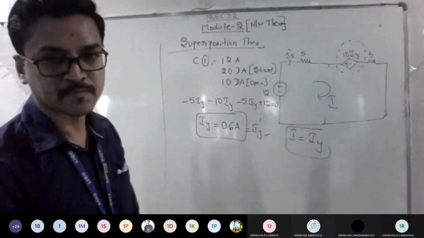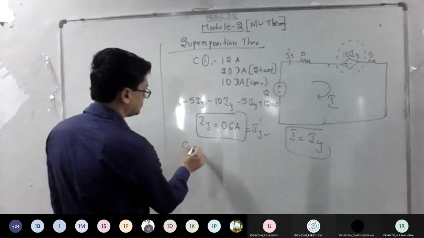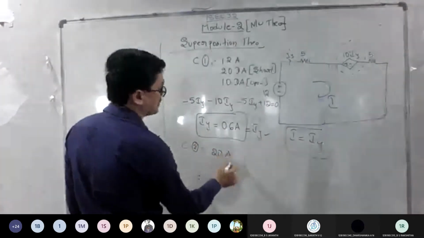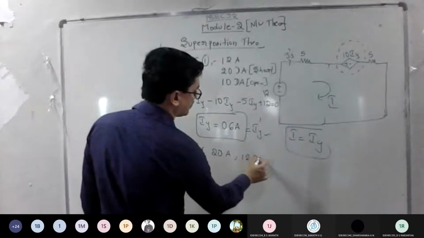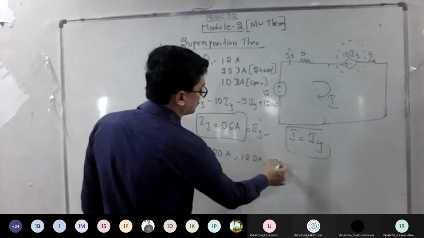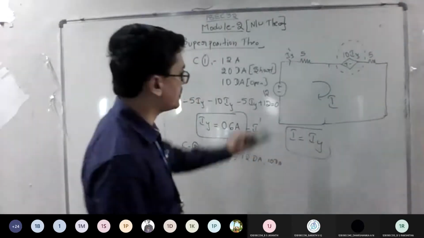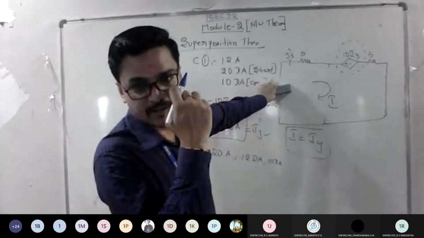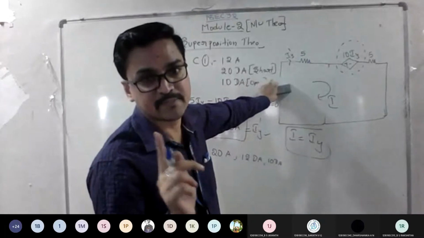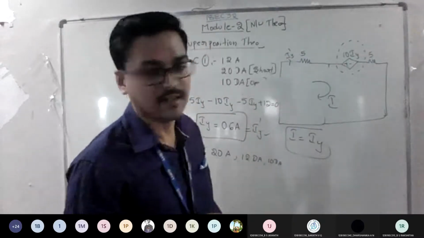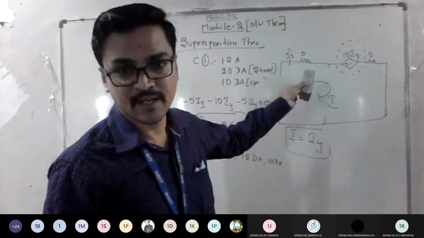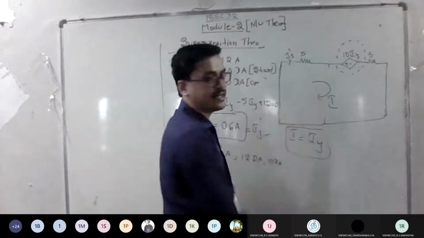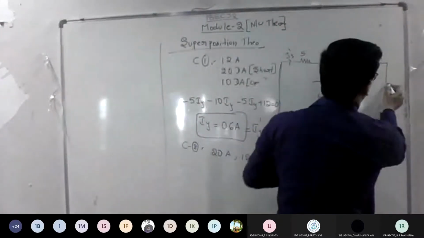Yeah, case 2. What is case 2? You're going to make the 20 volt active, the 12 volt deactive, and the 10 amp open circuit. So what is the procedure? I am going to short this for case 2. See, for every case, the diagram should be rewritten. Then only you can expect full marks. So don't write the answers directly here. Write a circuit first, because you need to apply KVL from the circuit, right? So write a new circuit, short this, keep your current source open, and just return back your supply.